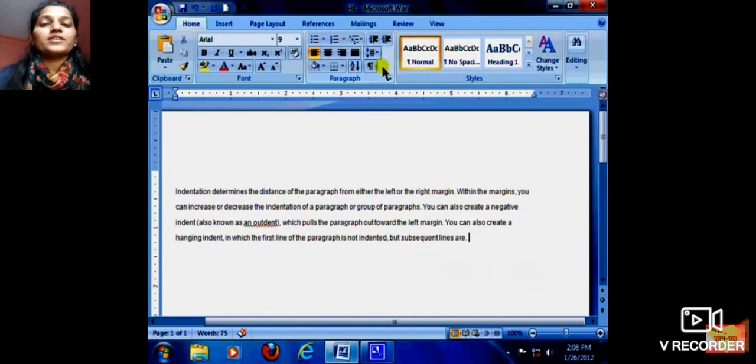So you are going to type this paragraph, and once your paragraph is done with all the effects, you are going to click on the close button. So can you see a red cross in the corner? Yes, you are going to click that button, so your document will be closed.